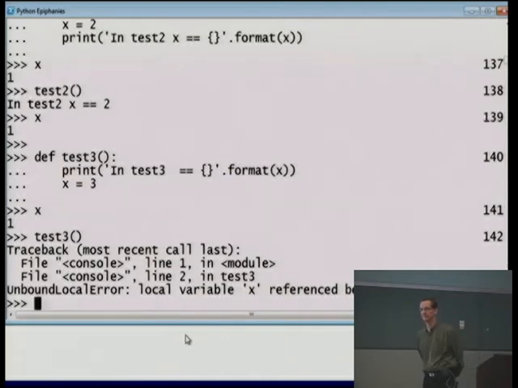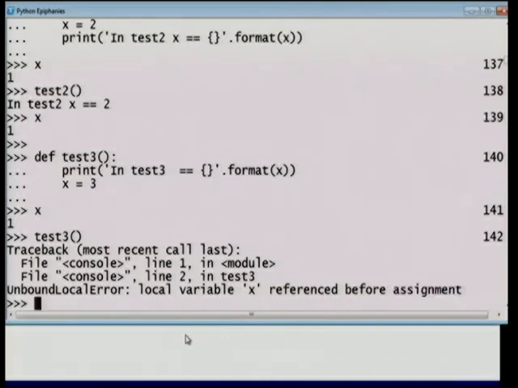What's that? Why did it do this? So when Python evaluates this code, let me rephrase that. When it compiles this code, it says, oh, look, there's an assignment in there. Therefore, you're creating a local name. And it marks it as such. It says, oh, this function has a local. Okay? And then when we run the code, we try to reference that local name. Because there's a name x that's local to that function for the whole function,